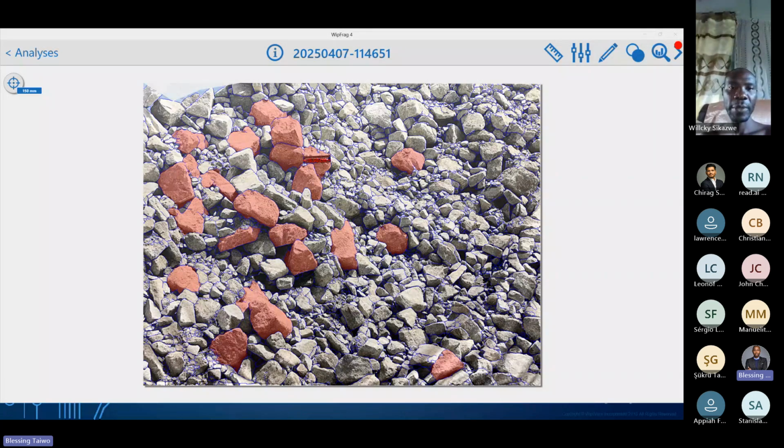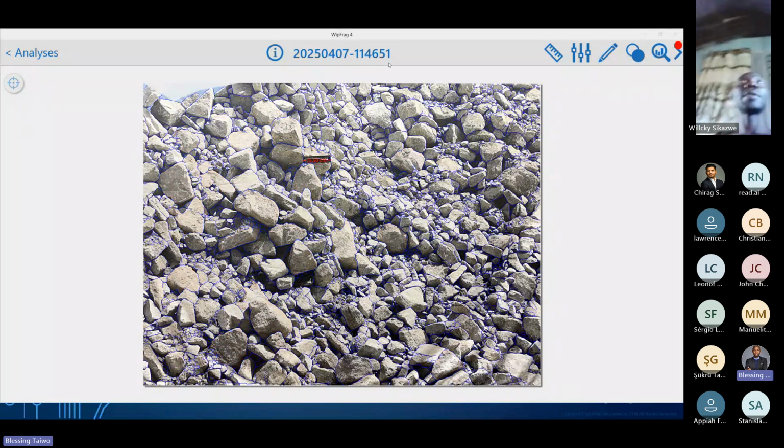problem. Because if this boulder is bigger than the bucket of this excavator, then the excavator, or the loader, is going to spend more time navigating around this material to pick it up and dump it into the bucket of the truck that will be transporting the material. So these two allow you to check the performance of the blast by counting the boulders. That is all about that.